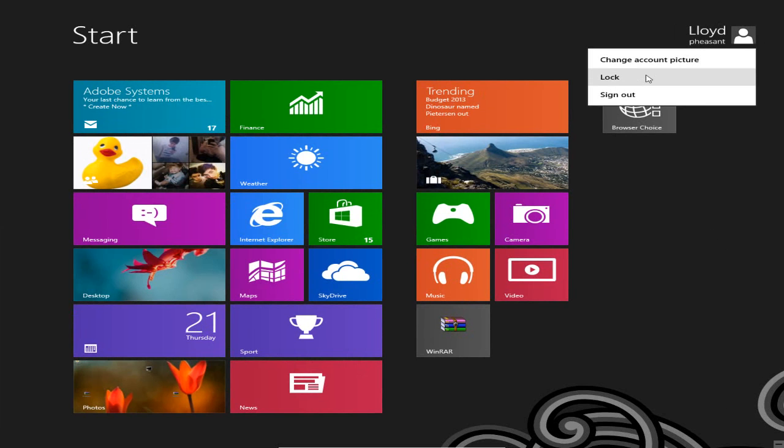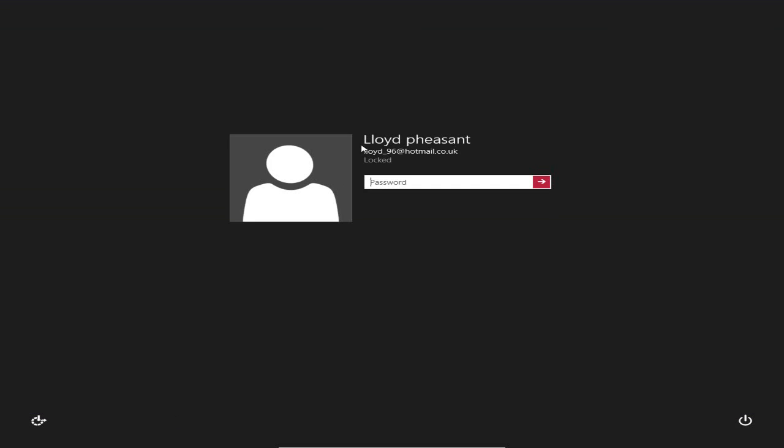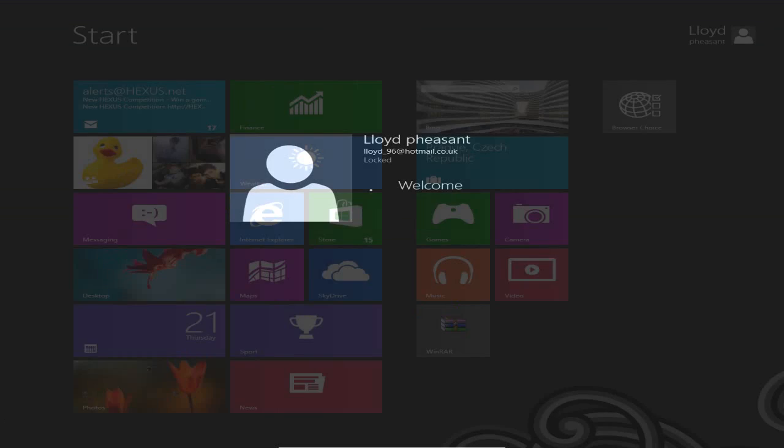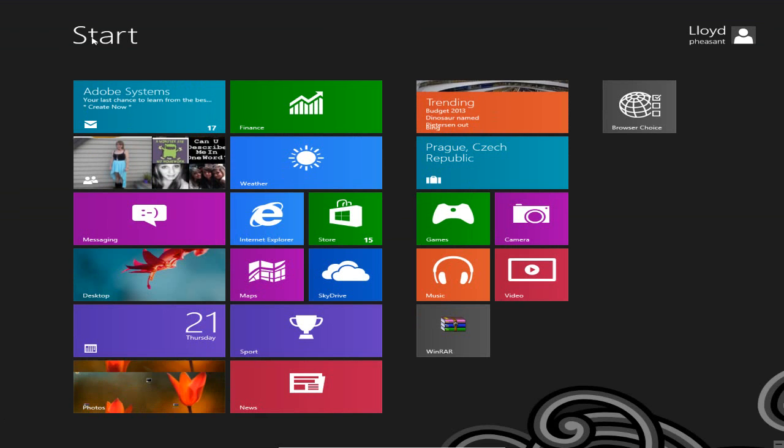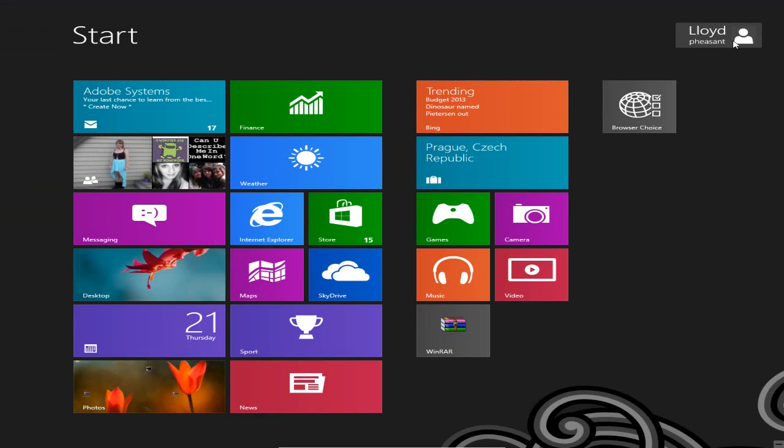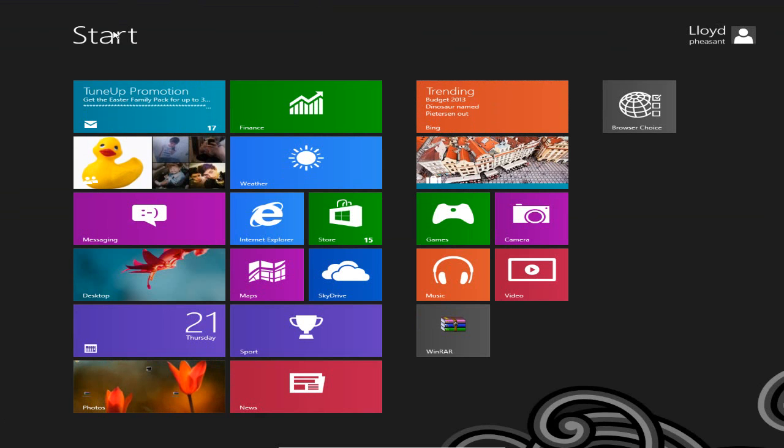If I lock it, it'll just take you back to your screen, and these are like your little widgets. So you put your mail there, and you just click it to go back to your ease of access tab, and that's your turn off. So if I log back in, really there isn't very much else to show you at the moment which I've discovered,